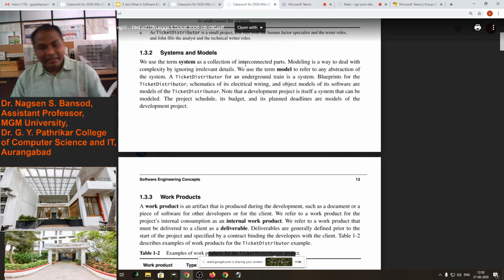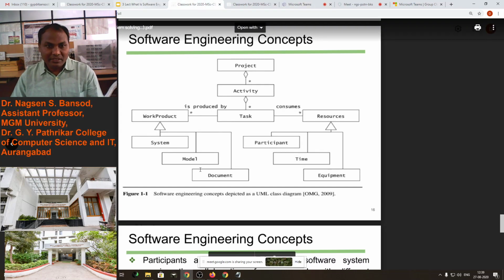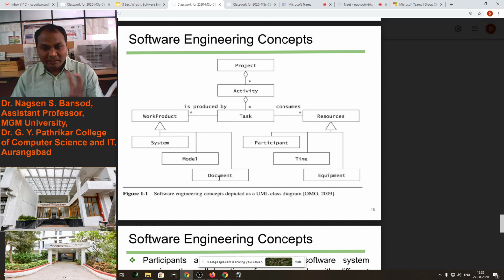Okay, that help, that book, that news, those prospectuses, all these materials will be a product of our company. So we can say this is also the work product. And there are three products: document, model and system. All these products are associated with the work product, therefore here the triangle is connected.